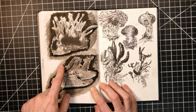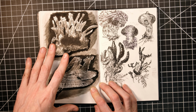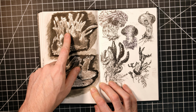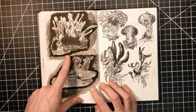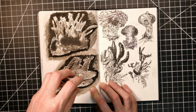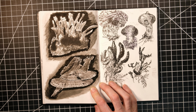but the ink wasn't flowing very well, and it created this sort of texture on the background. And at the time it was fine, but then as I continued putting in detail, there was texture in the background, there was texture in the foreground in the fungus, and it ended up clashing where the background and the foreground both had a lot of busy texture going on. I ended up blacking it out as much as I could, and I think this made it a little bit better. But what I kind of learned from it was